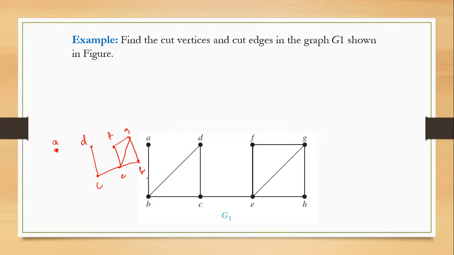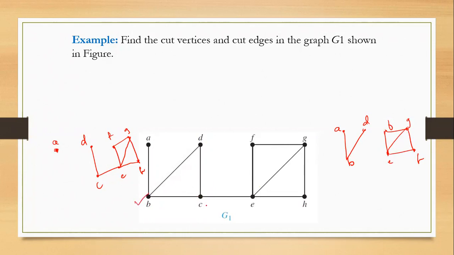What do I mean by cut vertex? Basically I'm deleting that vertex. Now the next is the vertex C. What if I remove C? I'll get A, B, and B is connected to D, while C is not there. So this connection will be gone. We will have F, G, H, and E separately in this way. So we have got two components. So this is also a cut vertex.